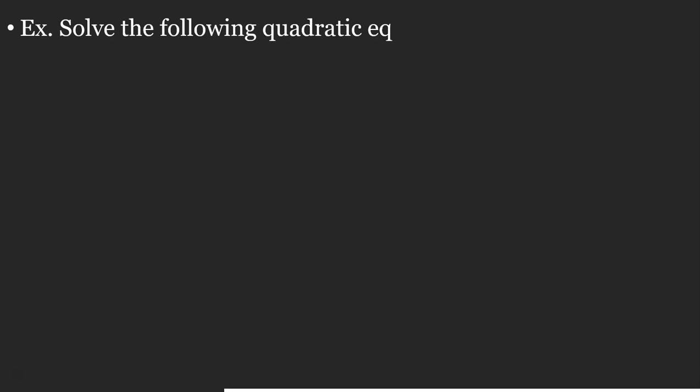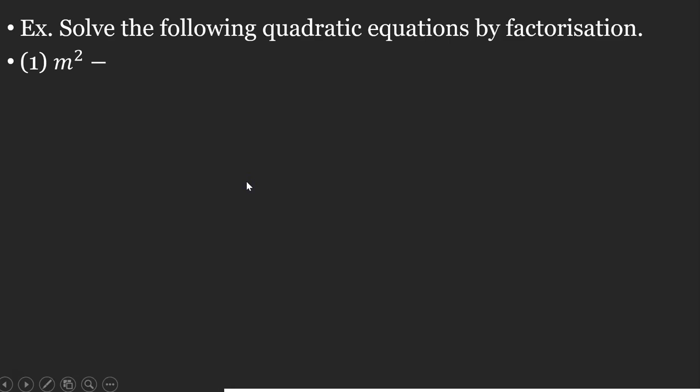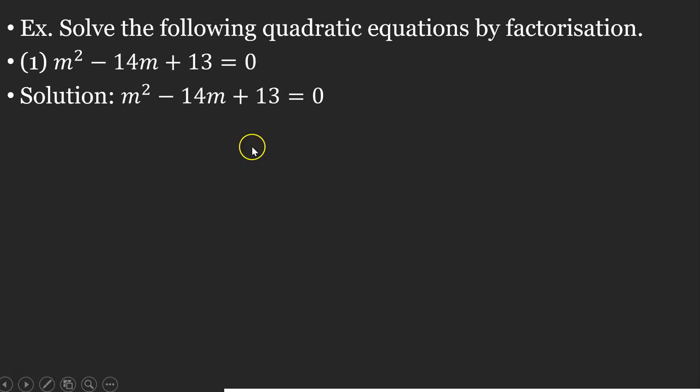Okay, solve the following quadratic equation by factorization. ही एक मेथड आहे quadratic equation solve करण्याची. m square minus 14m plus 13 that's equals to 0. m square minus 14m plus 13 is equals to 0. मग यामध्ये पुन्हा आपण काय करणार की इथे देखील